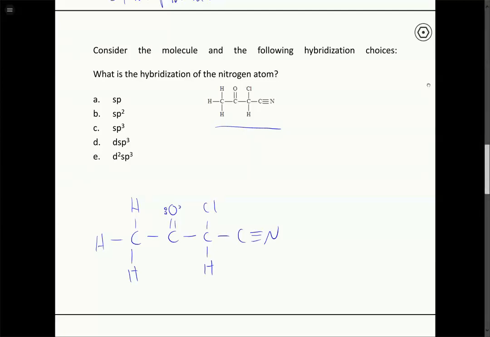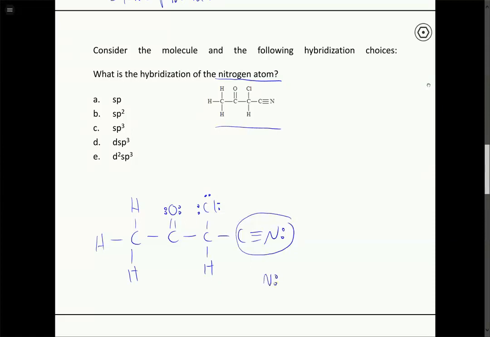So this oxygen should get two more lone pairs to make its complete octet. And the nitrogen, which has 3 bonds right now, 6 electrons, should get 1 more pair of electrons. And then if we want to draw the lone pairs on chlorine also, they're going to go in there to complete its octet. So especially for the nitrogen atom, which is what we're interested in, we want to know both the bonded atoms and lone pairs. So if we zoom in on this nitrogen here,